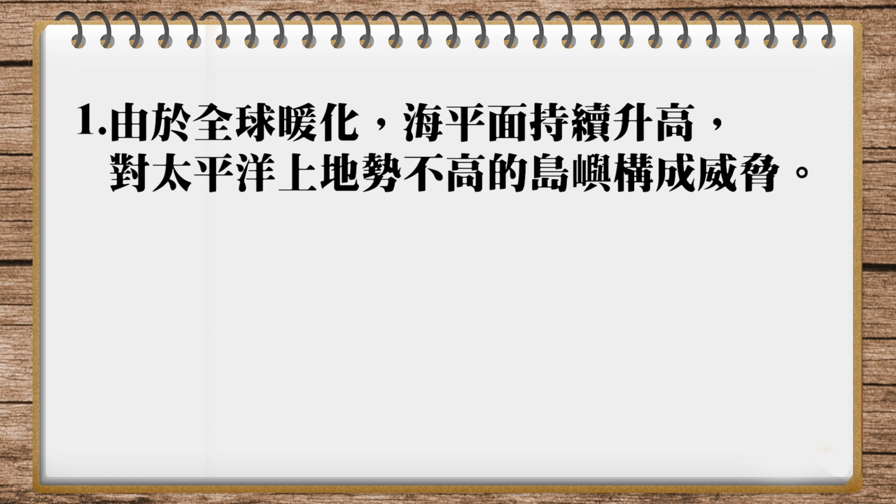My sentence is, global warming is causing a steady rise in sea levels, threatening low-lying Pacific islands. One more time. Global warming is causing a steady rise in sea levels, threatening low-lying Pacific islands. The first part is the same as Wesley's. At the end, I saved a few words by saying low-lying Pacific islands instead of low-lying islands in the Pacific